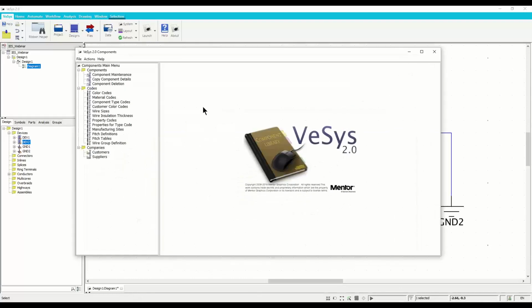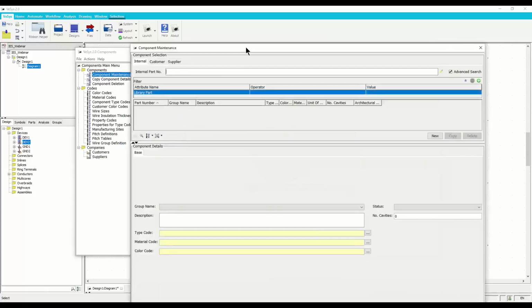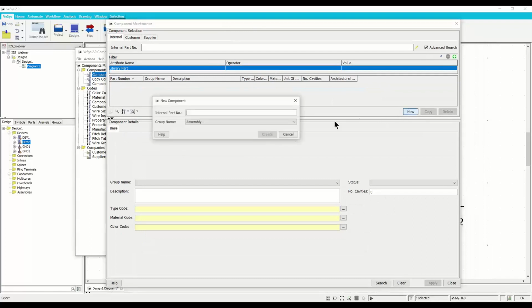So we start the component database, and we have the three sections here as shown in the presentation. We're going to start by opening the components, and we're going to create a new component. By default, the first thing VSys asks you is to provide a part number. So in this case, let's use LMP-1000. And just like that, automatically the name is highlighted in red to indicate that there is an issue with the design. That means there is another part number in the library that has the same part number.